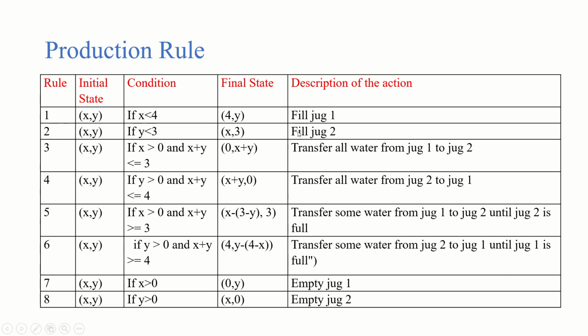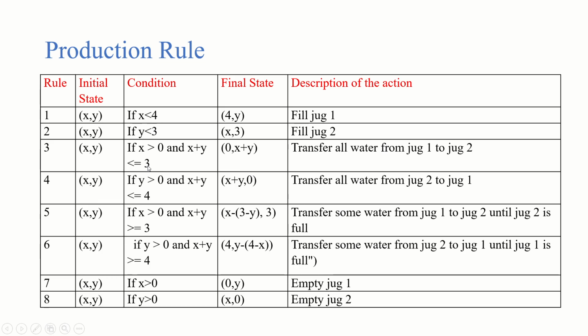Now rule number 2 is fill jug 2, which is x comma 3. The condition is y less than 3. Rule 3: transfer all the water from jug 1 to jug 2, which gives x plus y. Here y is already there and you are adding x also. So you write the condition as x greater than 0 and x plus y less than